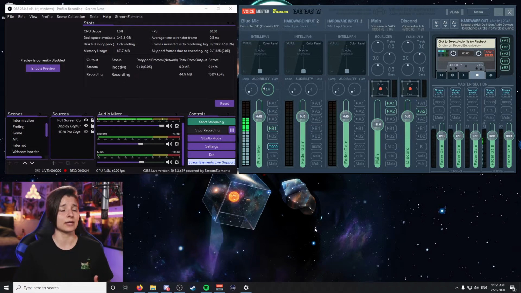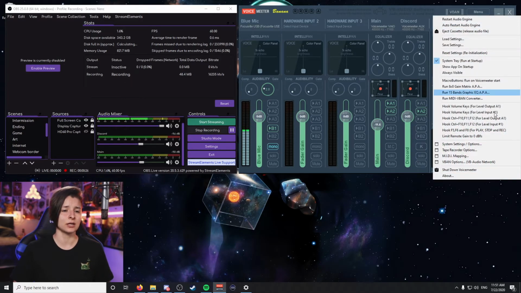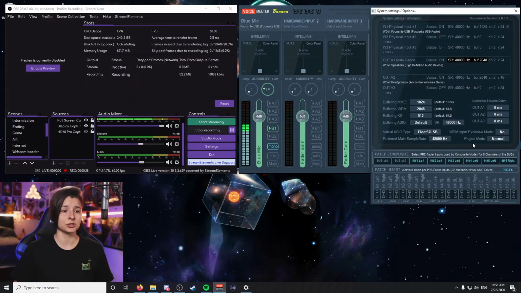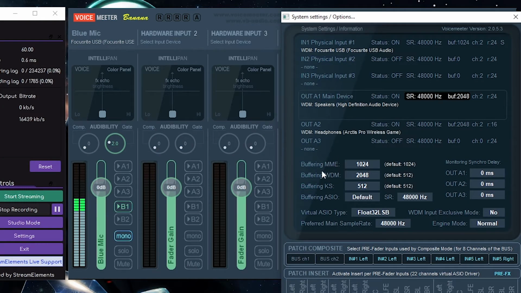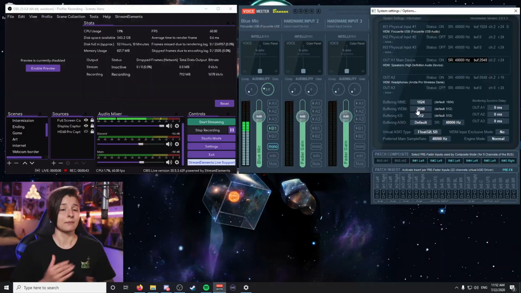So the way that we do that is by going to Menu, go down to System Settings and Options, and right away you can see our drivers MME and WDM. To the right of that is our buffer rate. So you can see the default numbers right here. You can see that the default is normally 512, but I had to max my WDM buffer rate all the way. My current computer, since I've gotten a new one, can probably do it at a lower number. I just had my settings saved, so this is what it's at, and this is what's working for me,